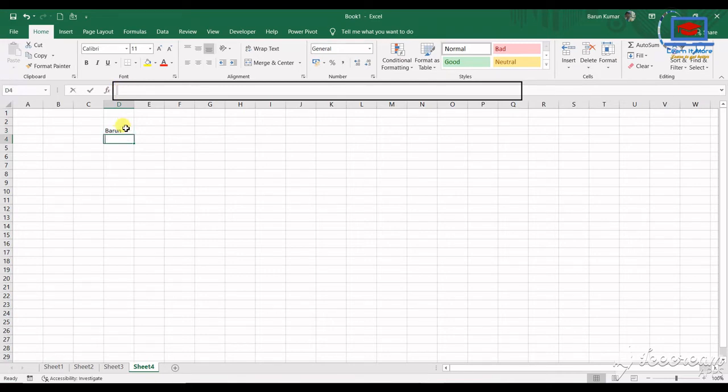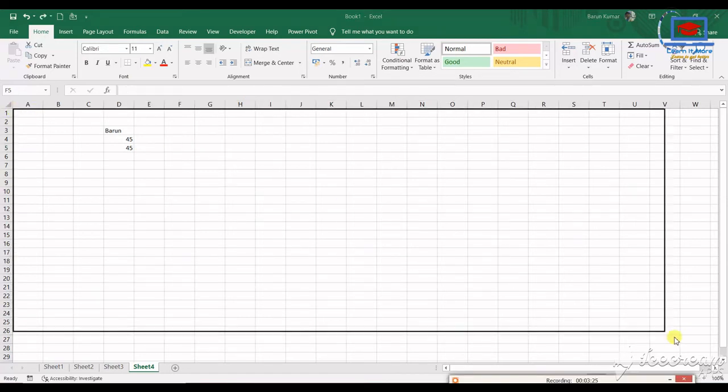So any text or constant value will be shown in the formula bar. However, if we do some calculation, then in the cell you will see the calculated result, but in this formula bar you can see the formula that we have used.